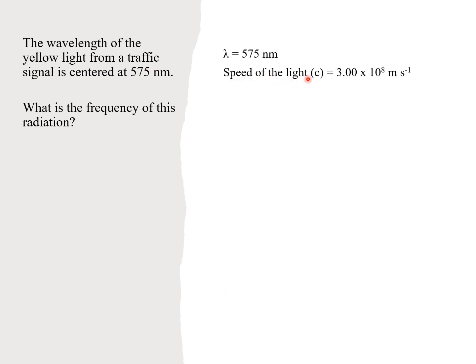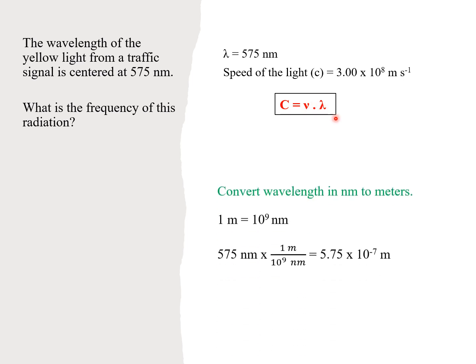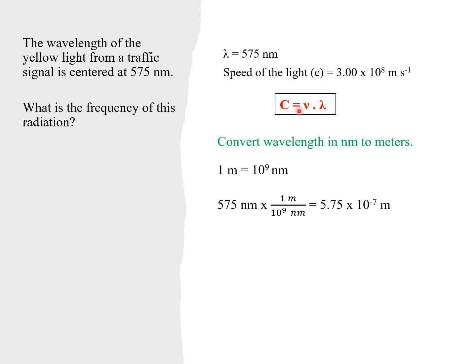We know the speed of light, for electromagnetic radiation or any spectral wave, we can consider as the constant value 3 times 10 to the power 8 meters per second. Then we can apply this equation: c equals nu times lambda, where c is the speed of light, nu is the frequency, and lambda is the wavelength. Before we apply the values to this equation, we need to convert the wavelength from nanometers, because wavelength